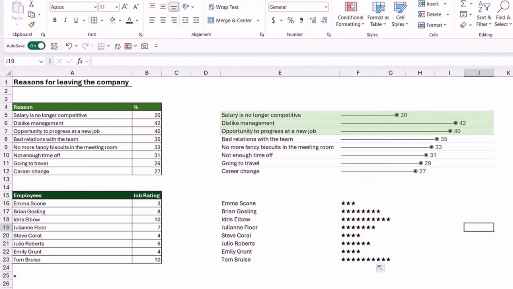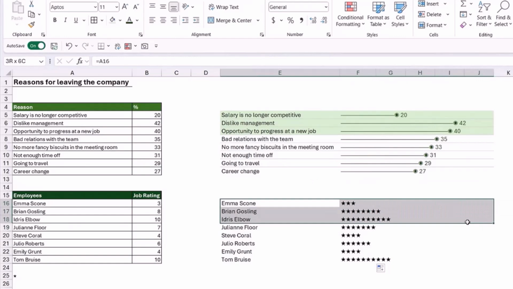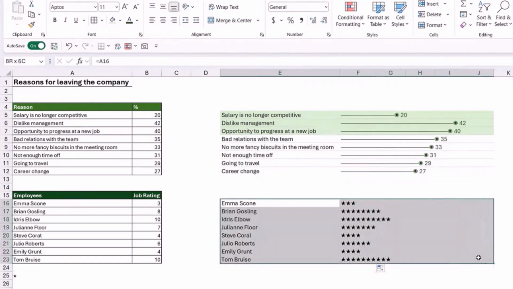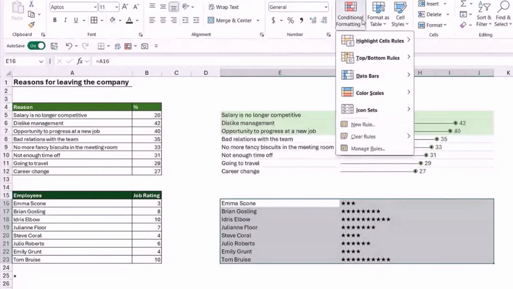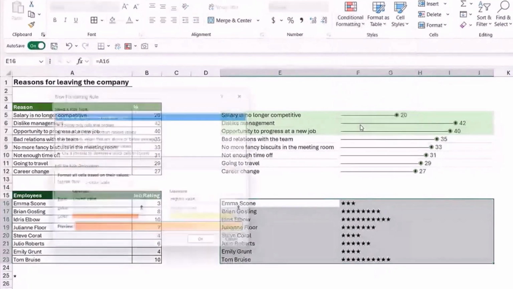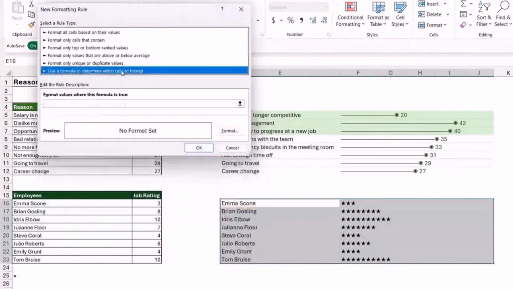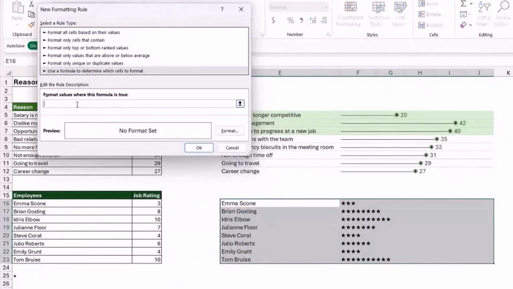Now, with this, we could also combine this with a little bit of conditional formatting. So maybe we want to highlight in our chart all of the employees who have a job rating of 8 or more. So a really easy and effective way to do this is to select all of the data, like so, and then go to conditional formatting. We're going to create a new rule, and we're going to use a formula. So what we want to say here is when the job rating is greater than or